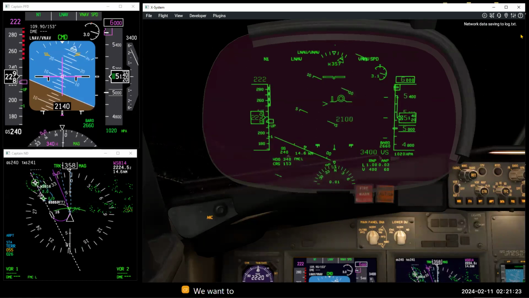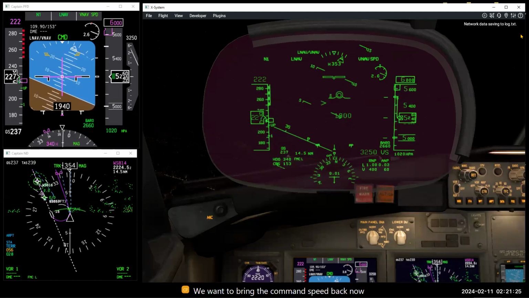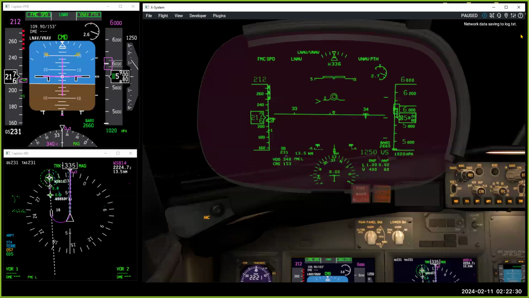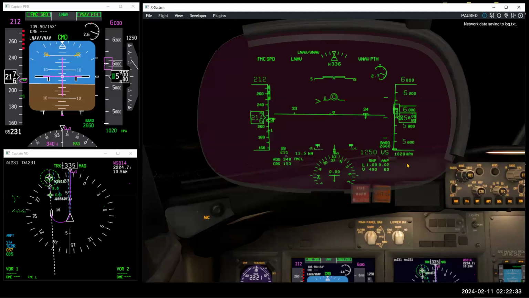We want to bring the command speed back now to flaps up speed. I brought the airspeed bug back to the flaps up speed because this is a very short flight. We're just leveling off at 6,000 feet, as you can see. And on the PFD, primary flight display, VNAV path, and FMC speed. So we're monitoring all of that as we're leveling off,